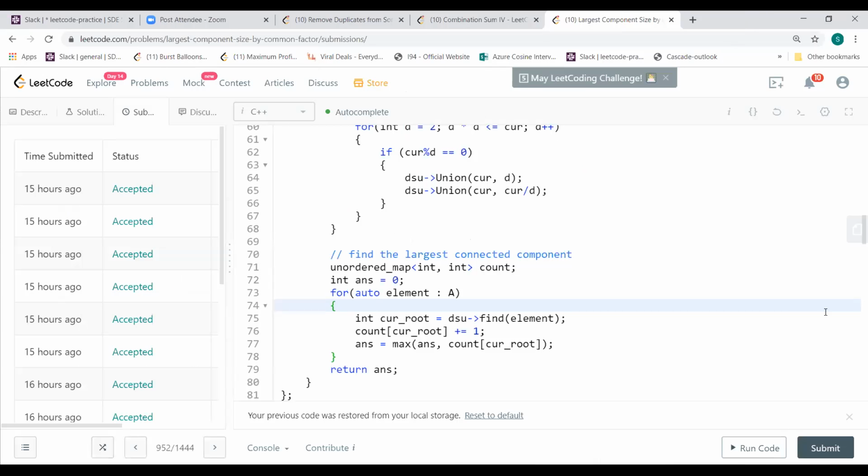The question was good. Every concept is checked, from union find to prime factorization to path compression. It took a long time to understand everything. But I thought maybe I'll at least brush up my DSU skills, the union find skills. So I went into that. It was a good one to do.